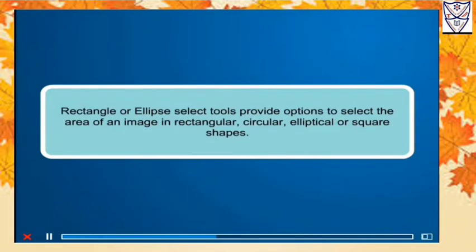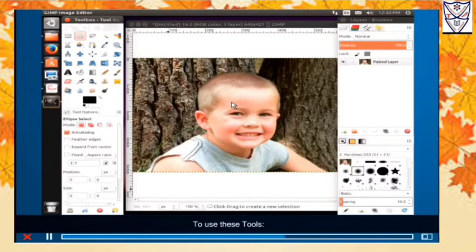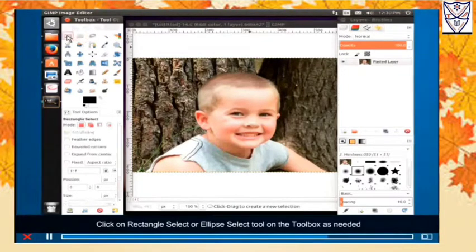Rectangle or ellipse select tools provide options to select the area of an image in rectangular, circular, elliptical or square shapes. To use these tools, click on Rectangle Select or Ellipse Select tool on the toolbox as needed, depending upon the type of shape in which you want to make the selection.